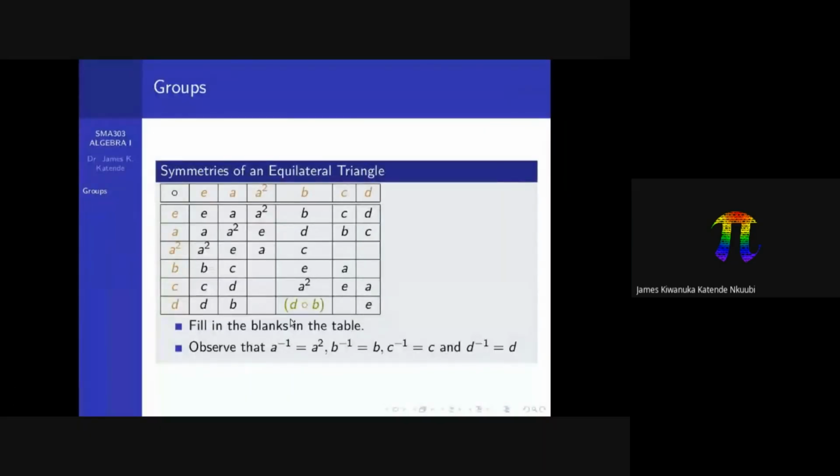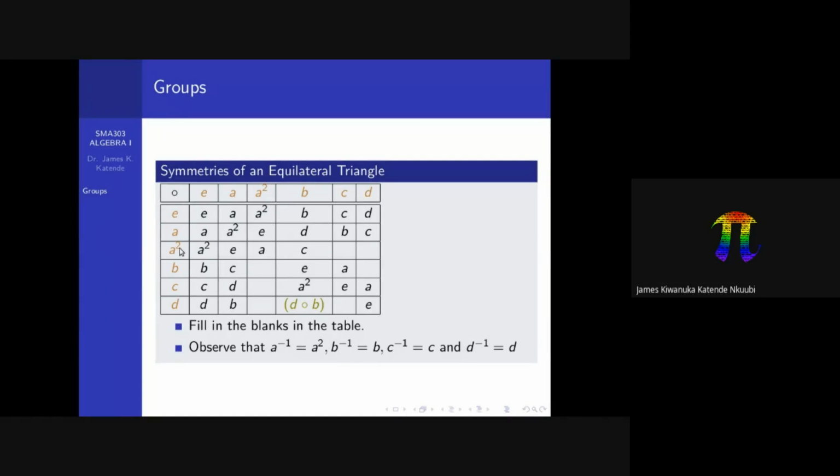Continue. So this is how you fill up the table. Any entry you pick, the order will be: you pick what is in the column and compose it with what is in the first row. That's how it works. So I've filled some of them. You can try to fill all of them. But what you notice is that